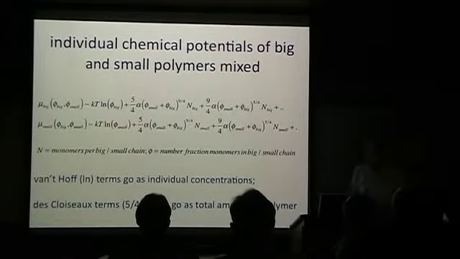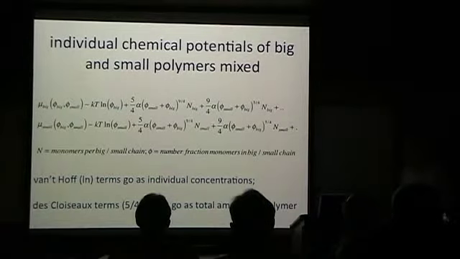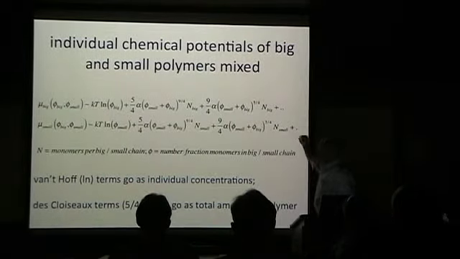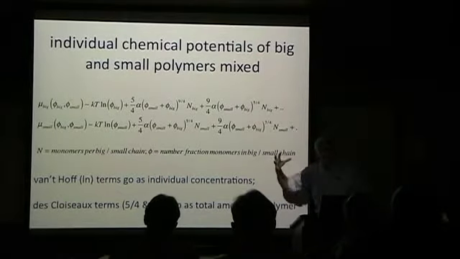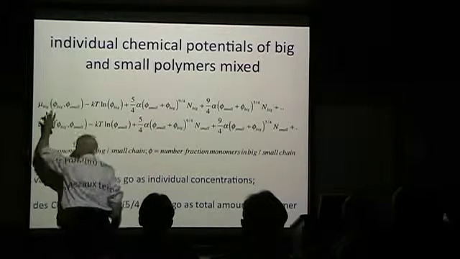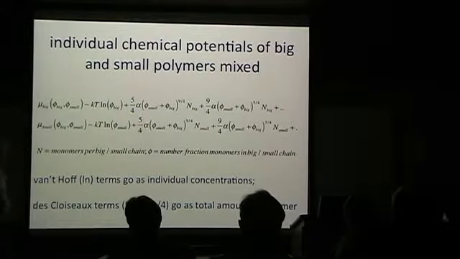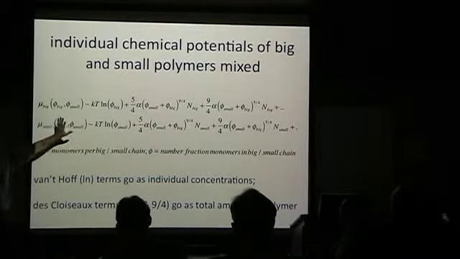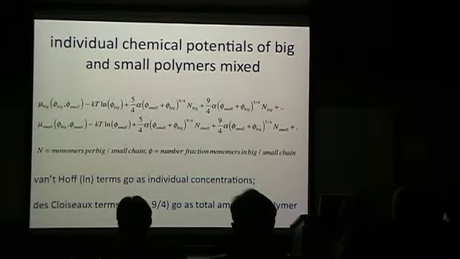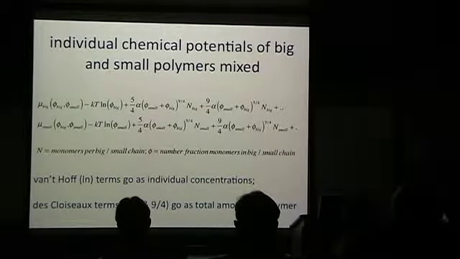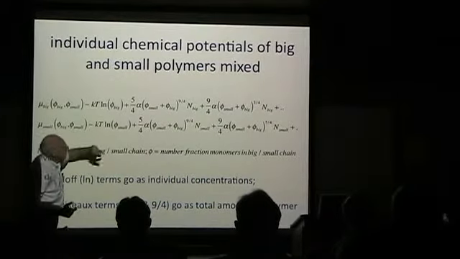So what you can do from all this is pull out, and this is the big thing that's going to happen in the next part of the talk. You can say, well, I knew what it took to squish all this stuff together when they're mixed. Now I'll get an expression for what it takes to pull out a big one or pull out a small one when I have a mixture. That's important. That's going to tell us transport. It's going to tell us force on individual species. It's going to let us think better about which guy can move when.